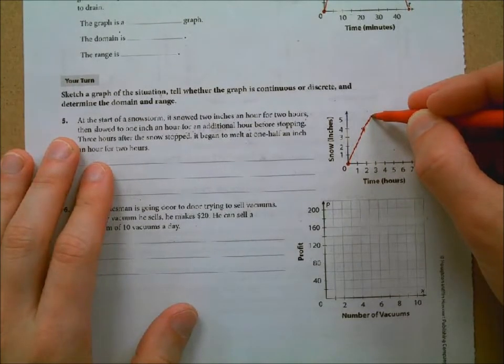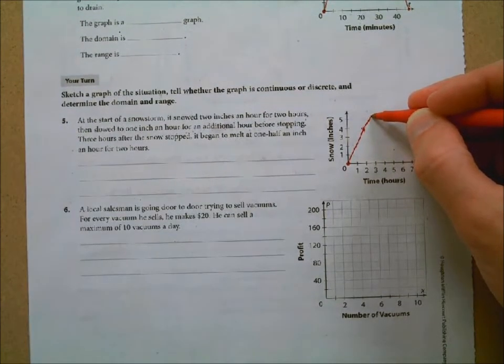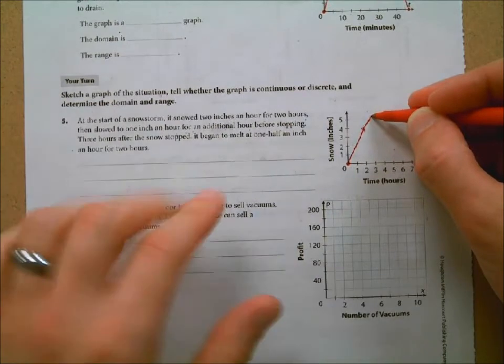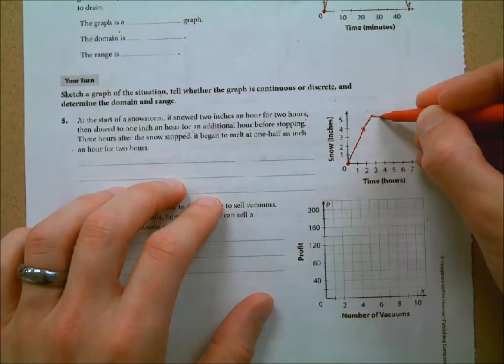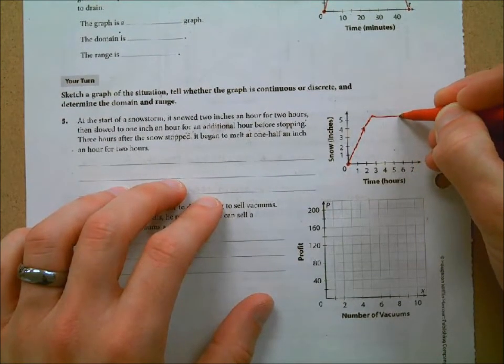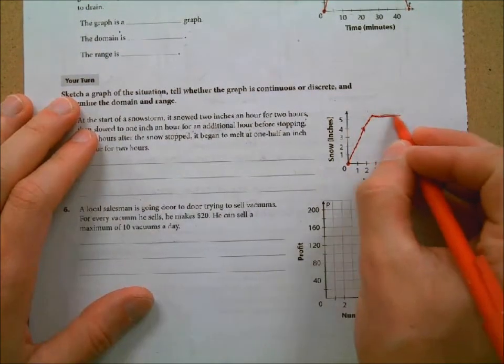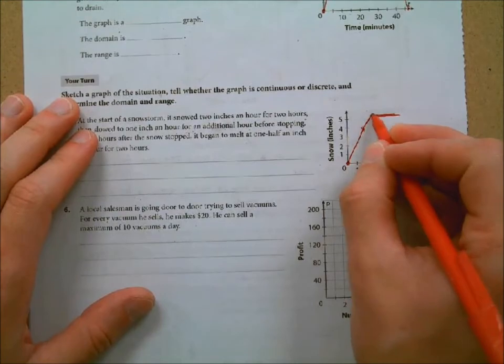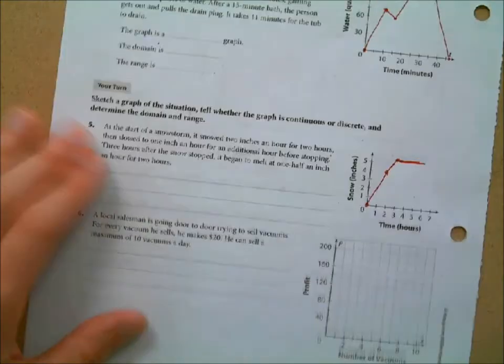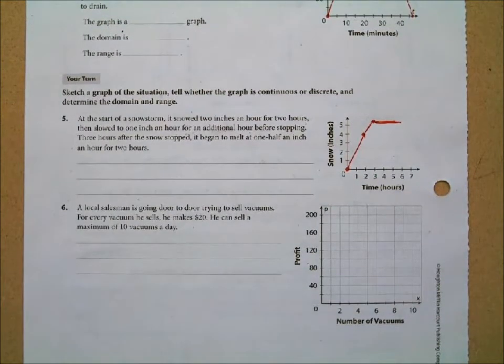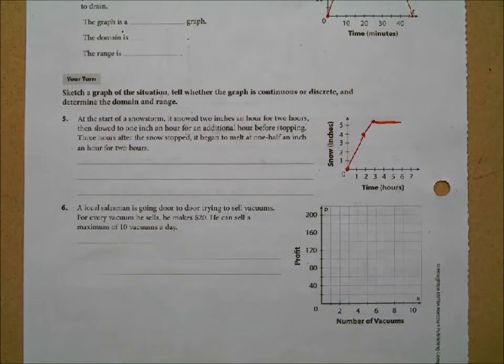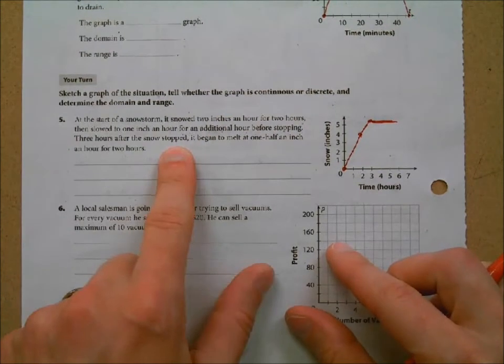Yes, very good. We're not adding snow. We're not losing snow. And we're going to stay the same for 3 hours. So that's going to go to 4, 5, 6. Just like that. Flat. Okay, sorry. That looks like it went down some. It should just stay flat like Tyler said. Okay, perfect. However, now, after this, it says 3 hours after the snow stopped, it began to melt at 1/2